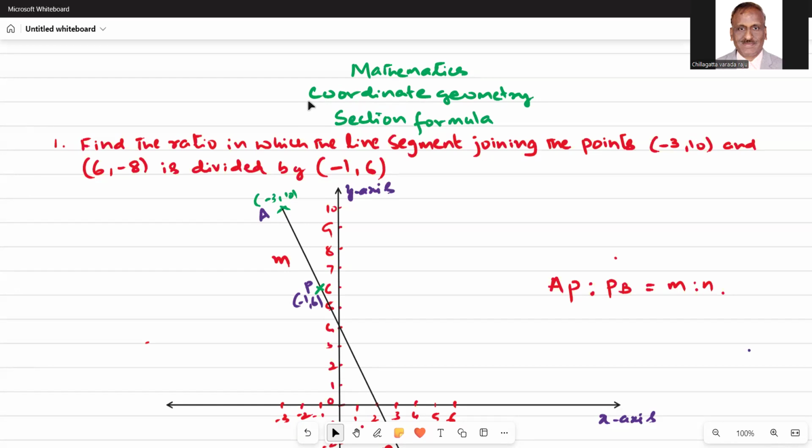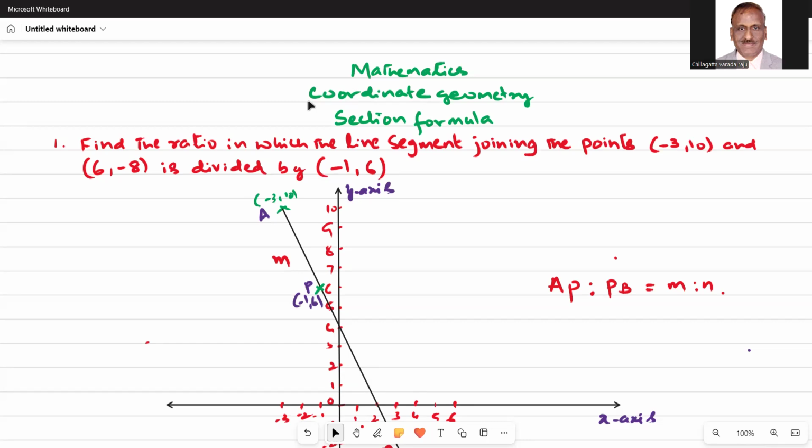In this video, I have brought you an exciting problem based on the section formula. Not only will I explain it by the regular method, step by step, but I will also show you a shortcut method that will definitely surprise you. Like the previous video, I have shown you a shortcut method when the line joining two points is divided by the x-axis